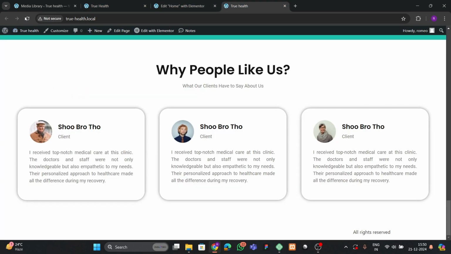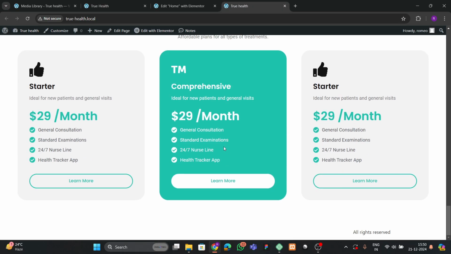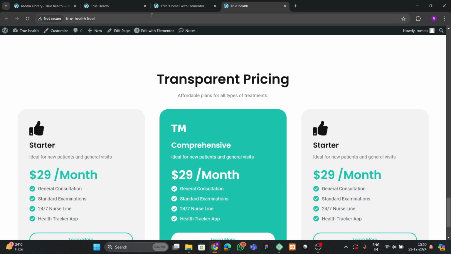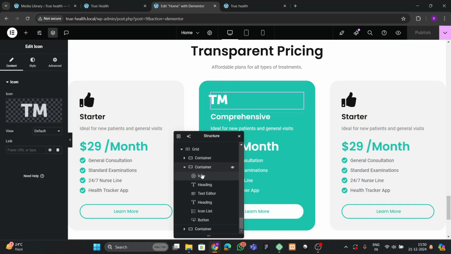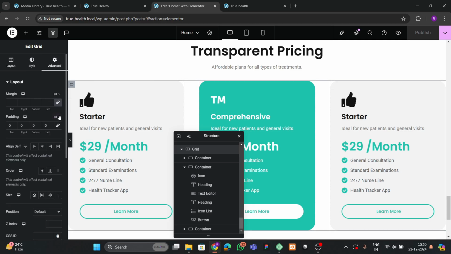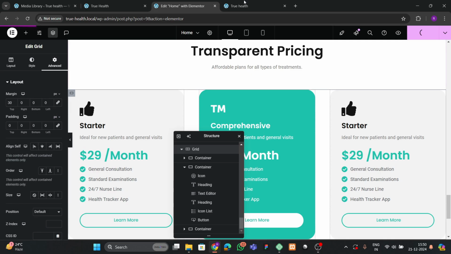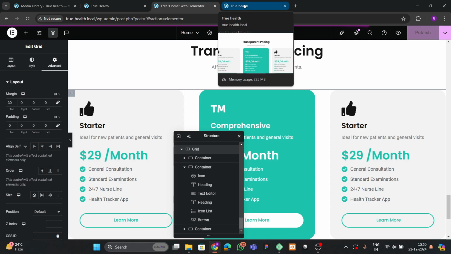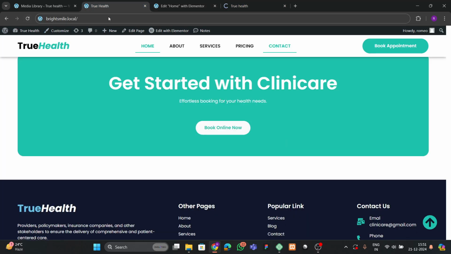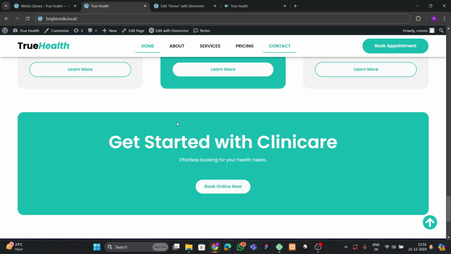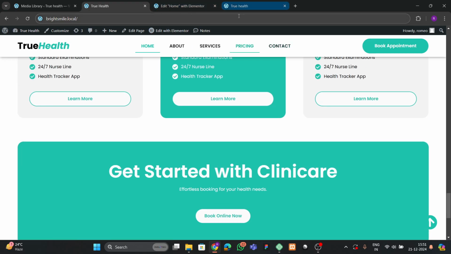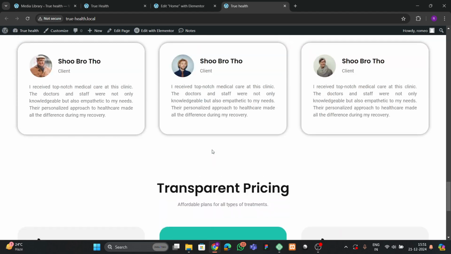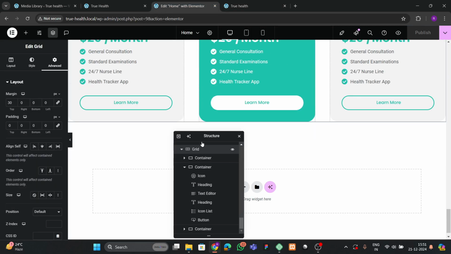So let me go here and let's refresh it once, and after refreshing you can see that we have our transparent pricing section. Only what we have to do, we have to click on this grid, and here we can add 30 to the top. That's it. And let's refresh. Okay, so now let's move to this section where we're gonna make this. So this is a very easy section,